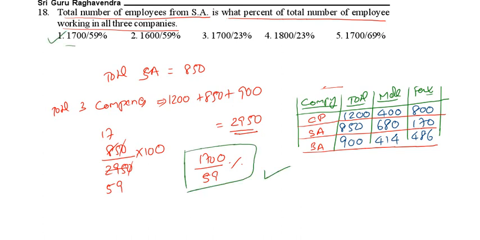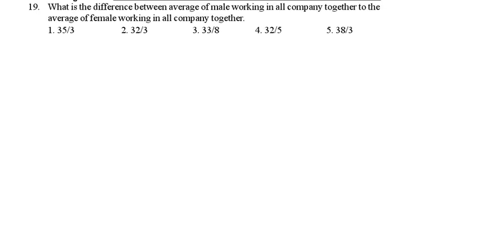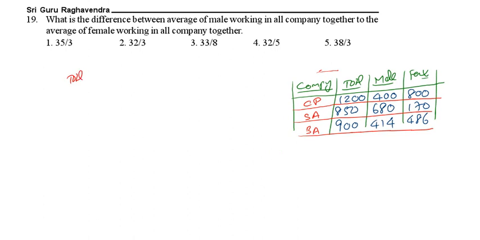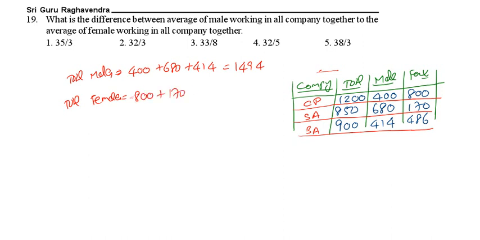15th question. 8700 minus x by 420 plus 120 into 16. What is 120 into 16? 1920 is equal to 1450 plus 30 into 15, that is 450. Now, what is 1450 plus 450? 1900. 1900 minus 1920 is minus 20.